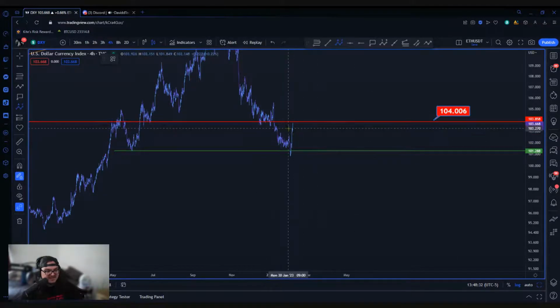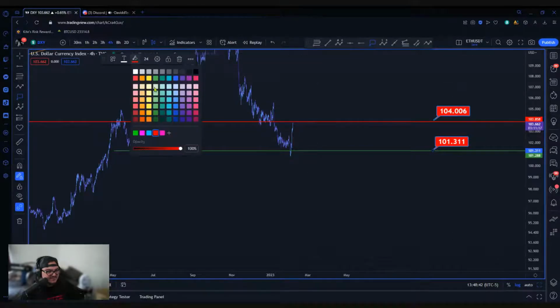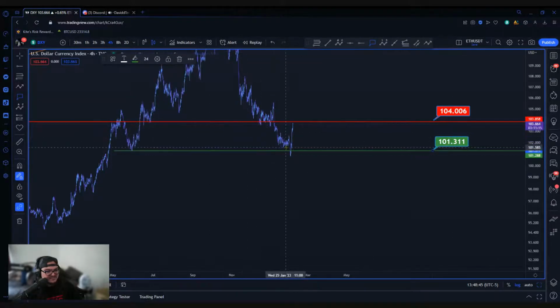So keep that in mind. As long as we're below there, as well as this area, I think this is temporary support. I don't think this is going to be an actual major level of support in my opinion. But I think it's a good area to bounce off of. I think we're going to come up and possibly test this area of resistance. Maybe we come up, put it in its own ABC, and then continue downward.